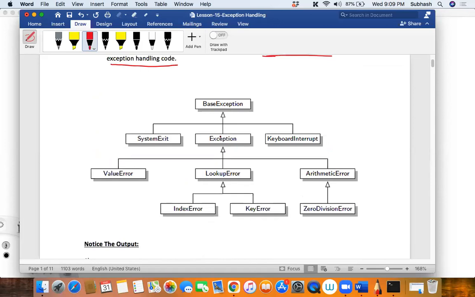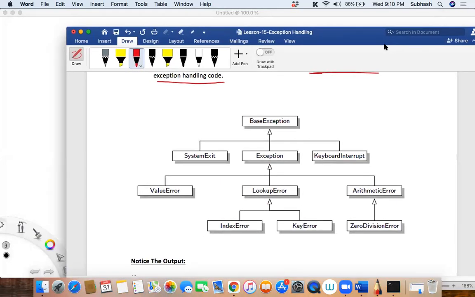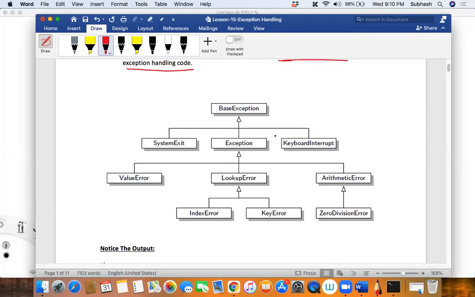It is mandatory. Ankur yesterday was asking, sir, can you give some application for inheritance? See this application over here, Ankur. This exception class gives all the basic necessities that is needed for handling exceptions, like taking up the strings and all that. From this, we can utilize those attributes from exception and create our own class. Value error is inheriting from exception, lookup error is inheriting from exception, and arithmetic error is inheriting from exception, and like that.